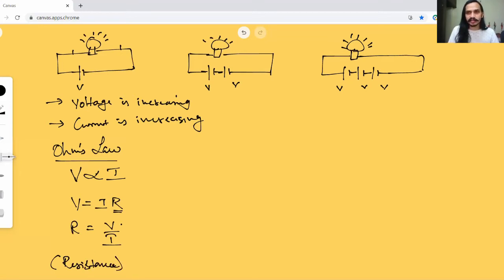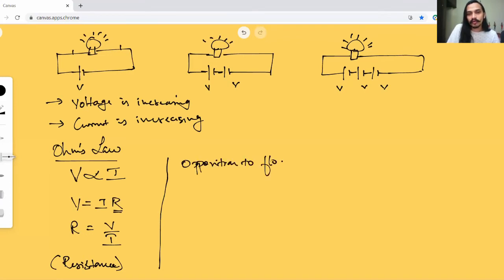Okay, this R is nothing but resistance. You heard the word resistance in general, right, in language. Now, what is the meaning of this resistance? To resist something is to try to stop something, right? It's a common word. So, resistance is nothing but the opposition